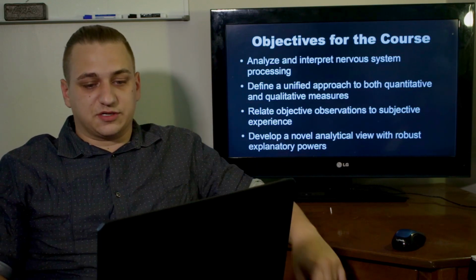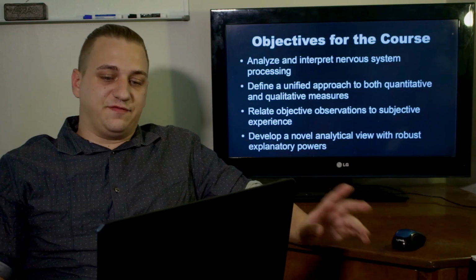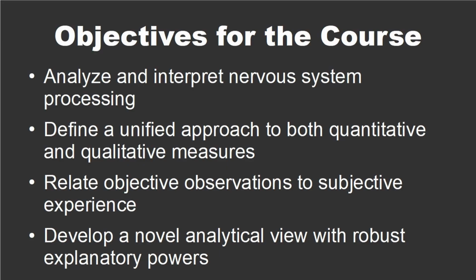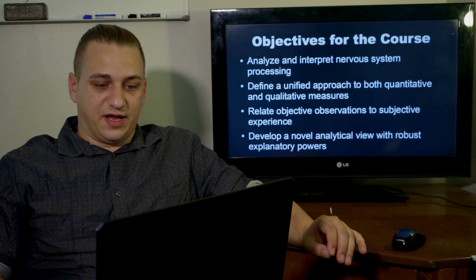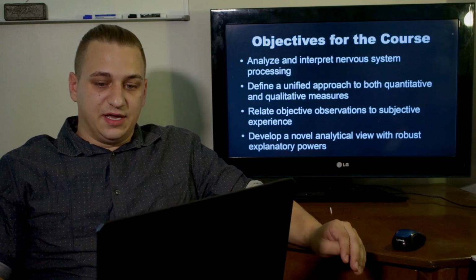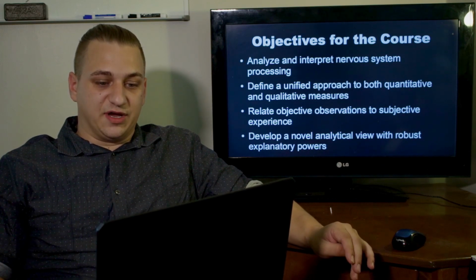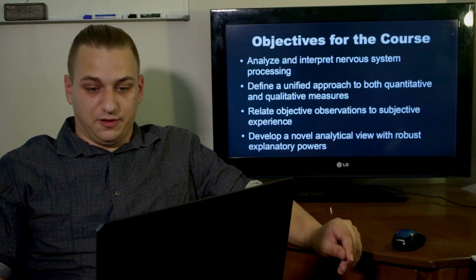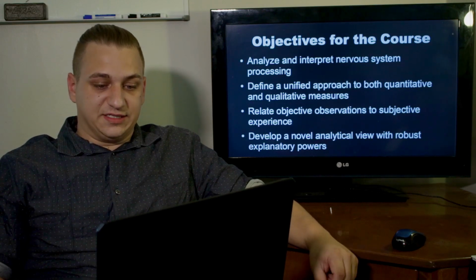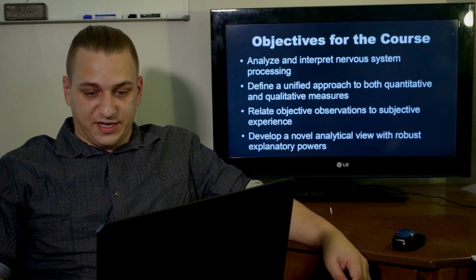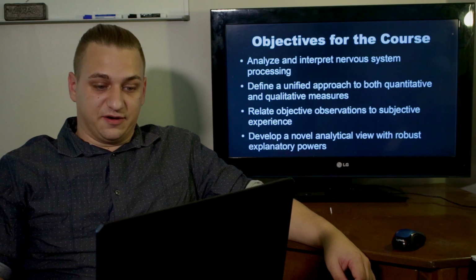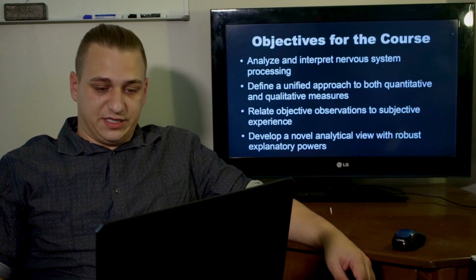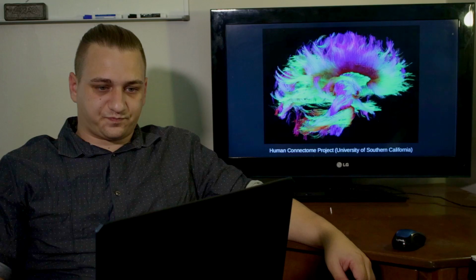And what we're setting out to describe is, in a nutshell, a sophisticated analytical view of the processing of human nervous systems. We are setting ourselves the task of determining a logical, rational, objective, and unified understanding of their means of operation, and of defining the rules and laws by which they operate both specifically and in general. It is also our goal to relate these things to tangible, subjective experience, and to describe the means by which one is translated visibly into the other. And our project is an ambitious one.